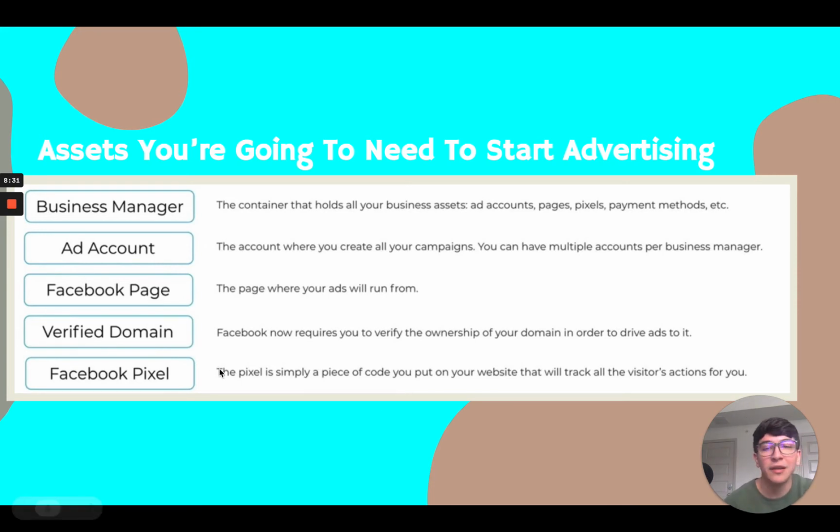And last but not least is a Facebook pixel. So without going too heavy into it, a Facebook pixel is a piece of code that you put into your website that tracks everything that the people do on your website. So it tracks where the people are spending more time navigating through your website, where are the people getting stuck in your website, where they're going through in your website, and if for some reason they exit out of your website without converting, that means without making an appointment or without making a purchase,